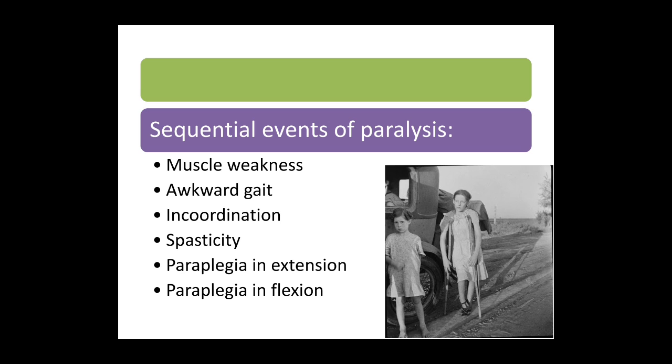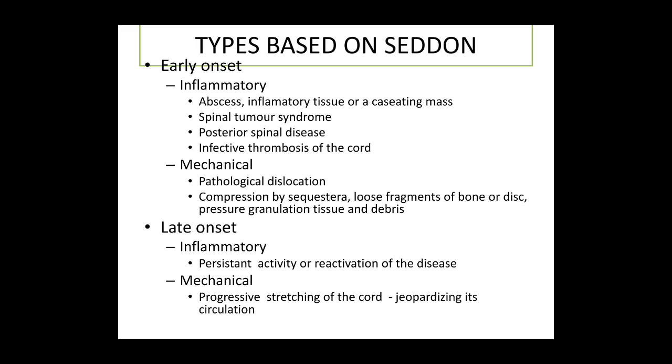Now why is paraplegia in flexion written last? Because paraplegia in flexion is the last stage of Pott's paraplegia, when there is severe compression of the corticospinal or pyramidal tracts, resulting in severe spasms, otherwise known as flexor spasms, following which there is irreversible damage to the cord, and most of the time it could be fatal.